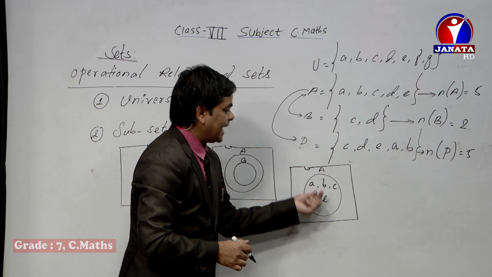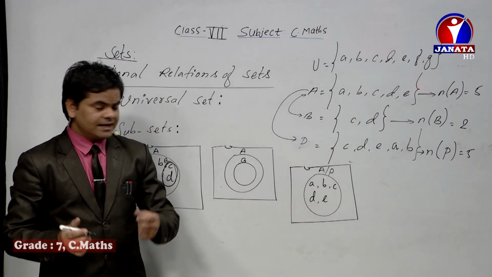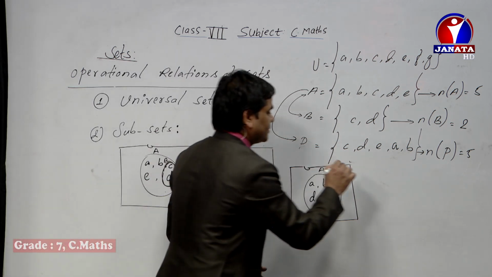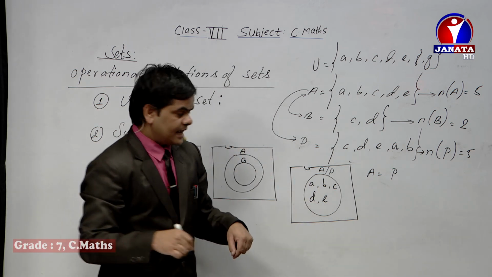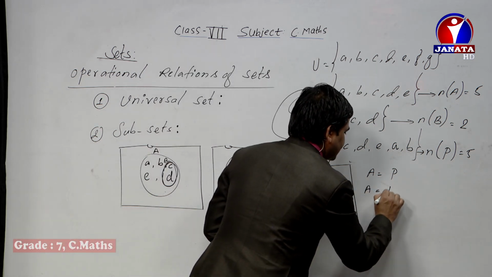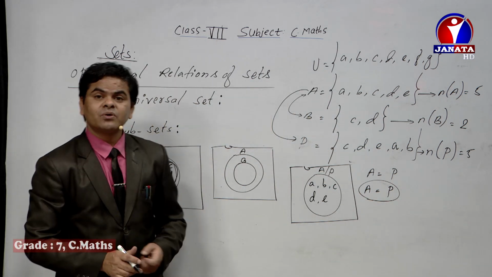The same circle can be denoted by giving option P, because they are equal to each other in both cases. One is they are equal by the same elements and they are equal by cardinality as well. That means numerically also, if we count the members containing in both sets,